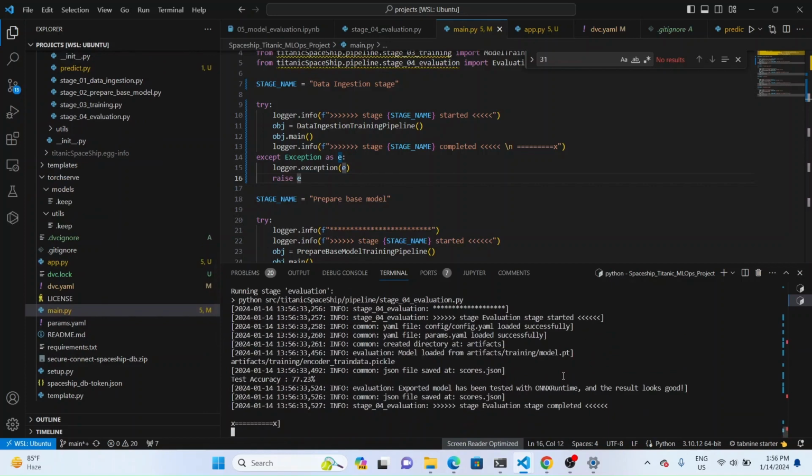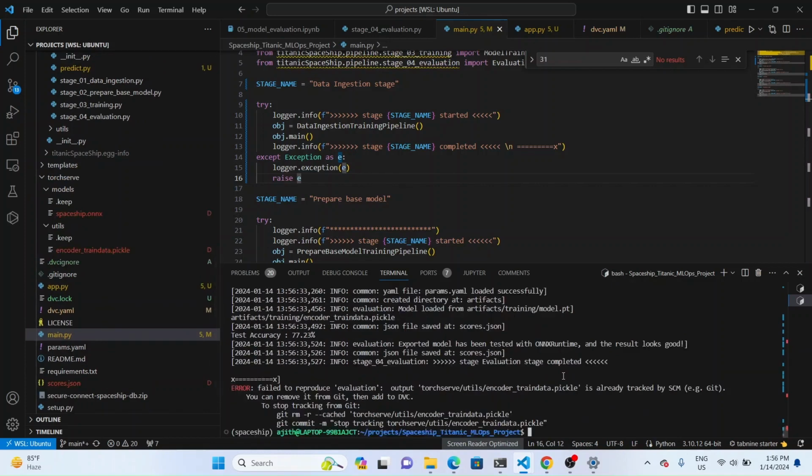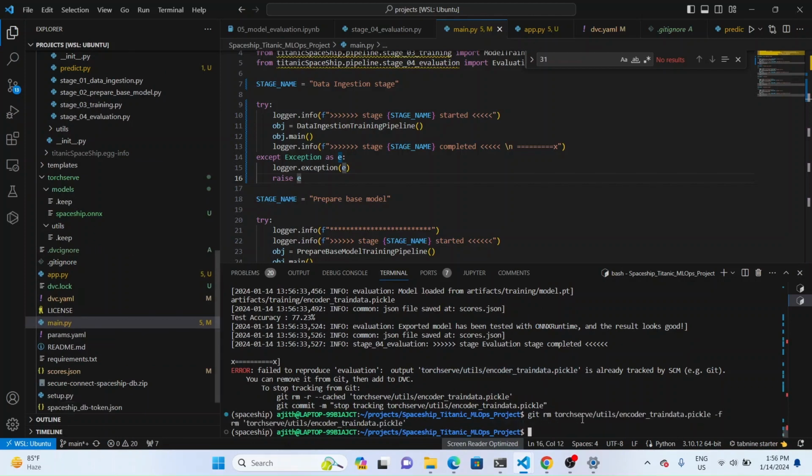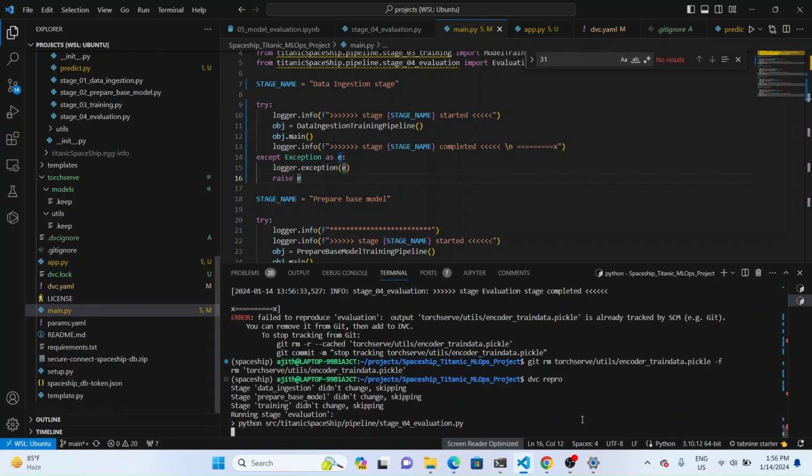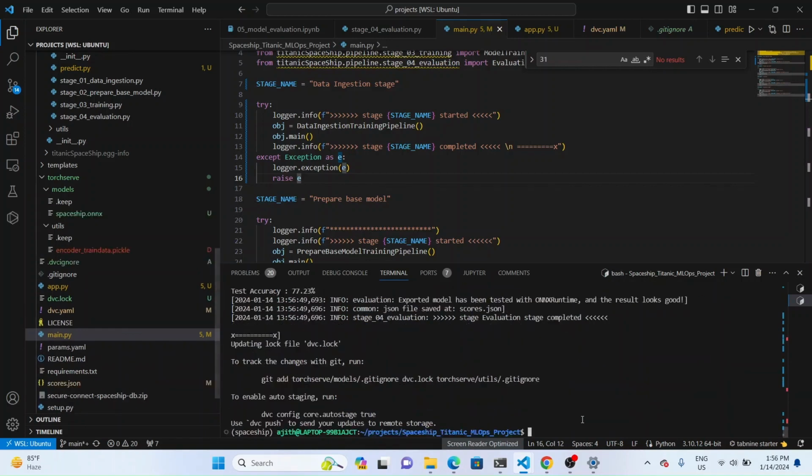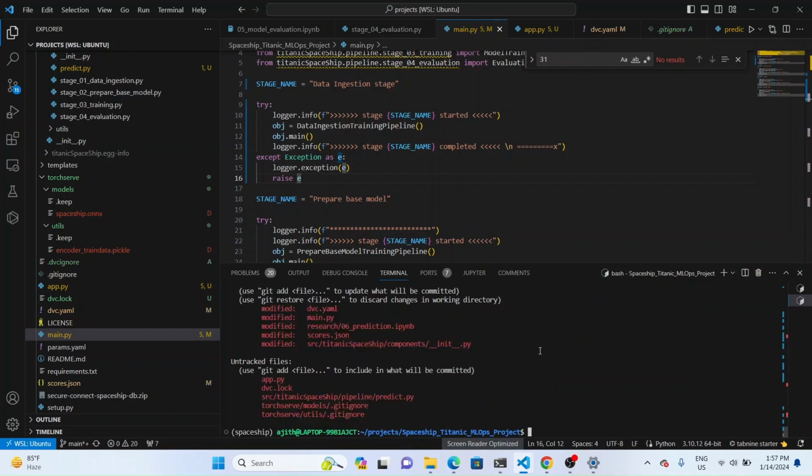So if you see, the stages are skipped, and only the evaluation stage is being run, the stage that had failed before. So it has been done, and now if you see its status,